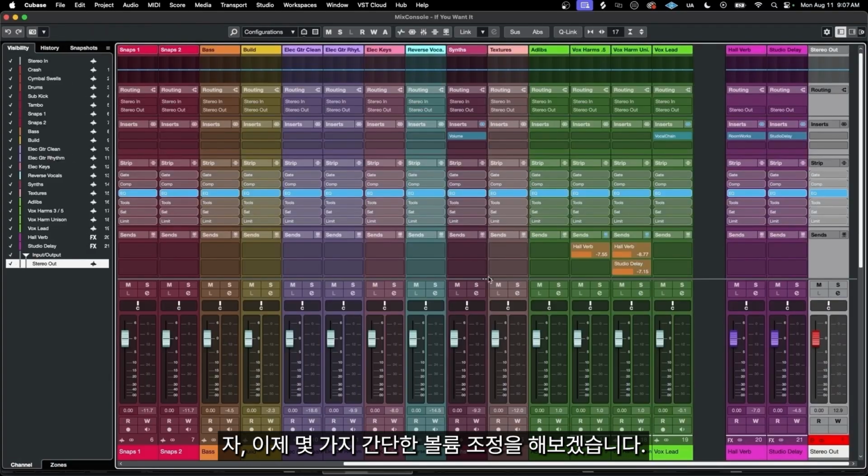Perfect. Okay, so first thing I'd like to do here is make a few simple volume adjustments. If we listen to this chorus,